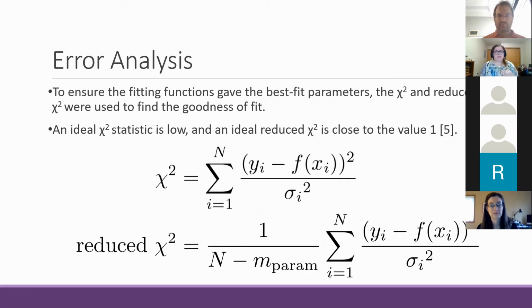And so talking a little bit about the goodness of fit, we use the chi-squared statistics as defined in John Taylor's Introduction to Error Analysis to test our goodness of fit. And these equations are what we used in our program. The n represents the number of data points, and y sub i is the original data. f of x sub i is the fit function, and the sigma is the standard deviation, or the difference between